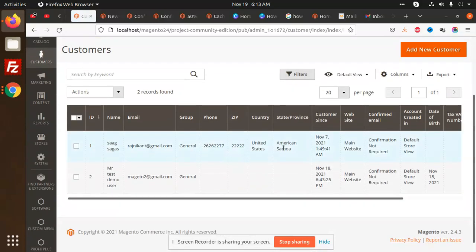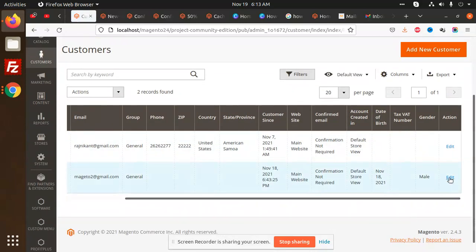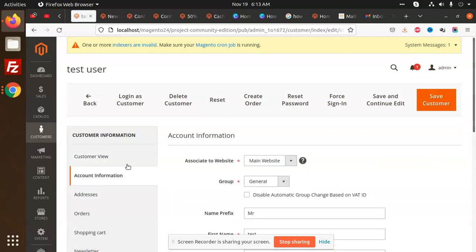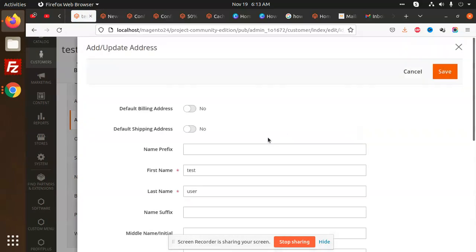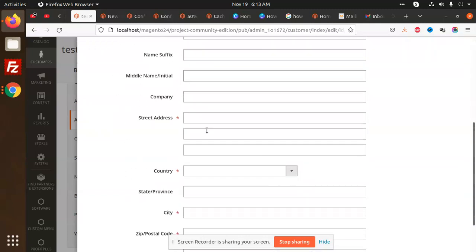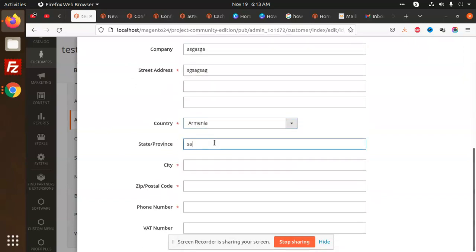So the customer has been saved. You can add their billing and shipping address also. Go to the account information, go to addresses. You can add the address also, enable billing, and here you can add the company name, street address, country, state, province, city, zip code,